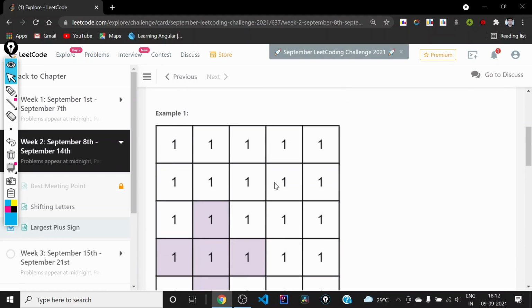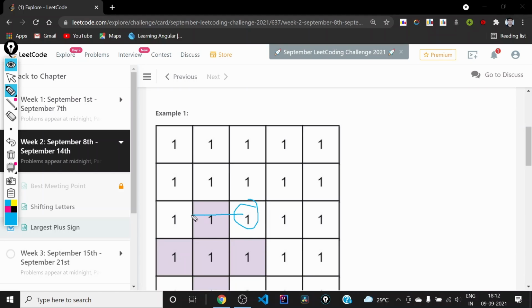The brute force way is to start from any cell, and count how many cells we can go towards the left. Suppose we are counting the plus of the largest order that can be formed centered at this cell.